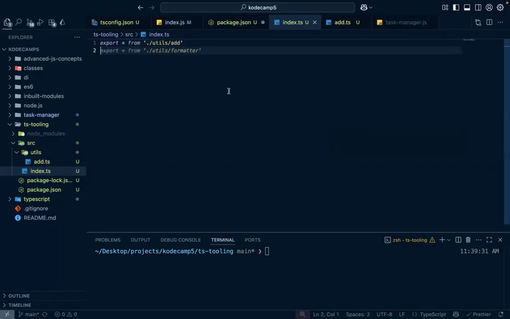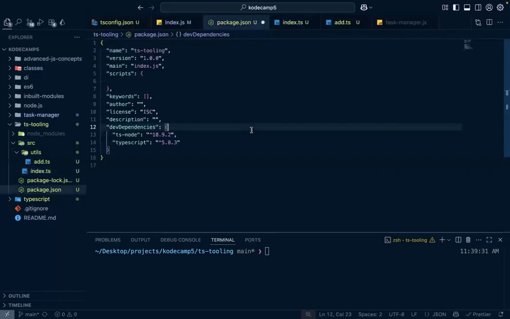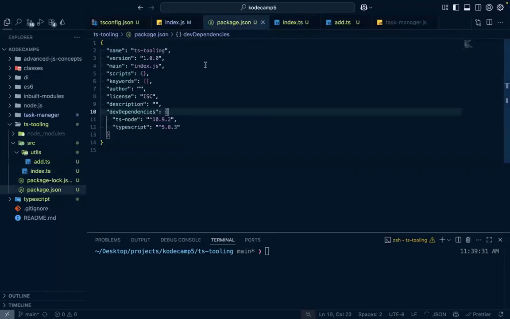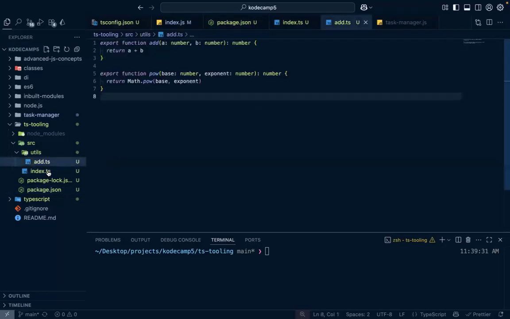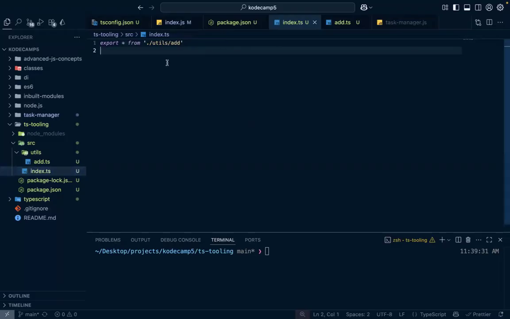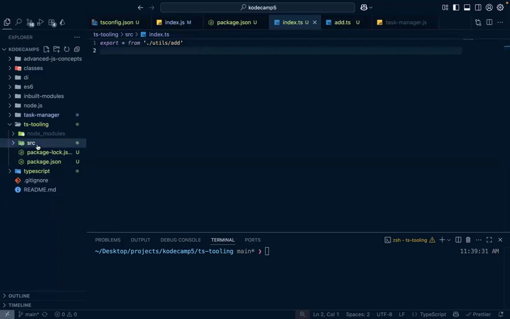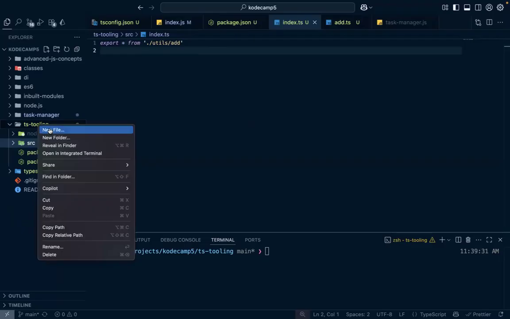So Copilot is auto-completing for us, but we don't really need its help actually. So I guess we have the add and we have our functions. So we can even, without exporting, so this is our library that we want to use. So we want to be able to use these ones and do things. Let's perform arithmetic operations so we can install our TS. So let's create a new file,